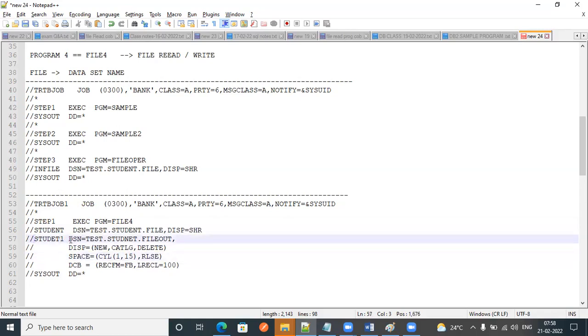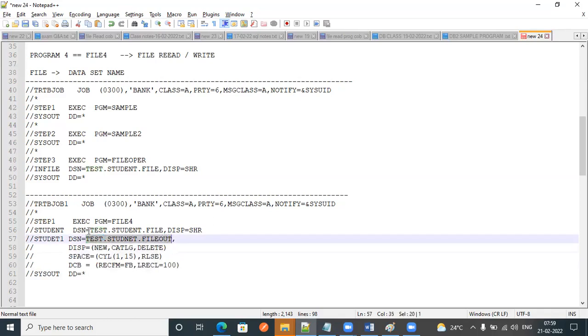You can observe that after the data set name, after the file name, there are keywords DISP, SPACE and DCB. If you find these parameters, DISP, SPACE and DCB, that means this is the output file.